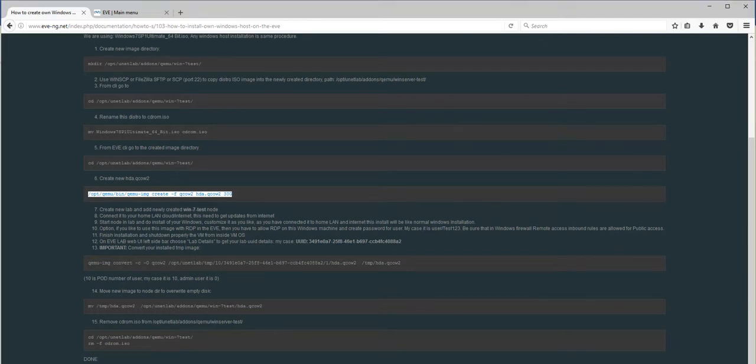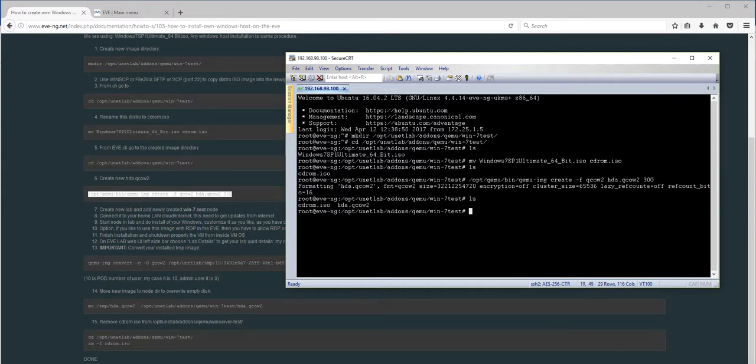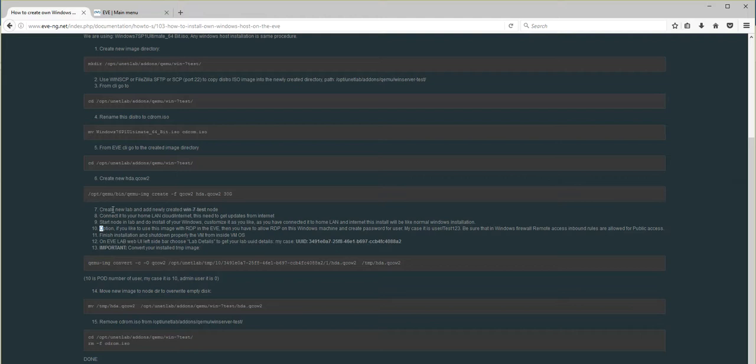So I'm going to create this hard drive. Control C, and again I'm going to create. Okay, enter. Done. If we check now with ls, you can see that we have two files inside, cdrom.iso and the hard drive, which can be expanded up to 30 gigs. Next step, we are going to